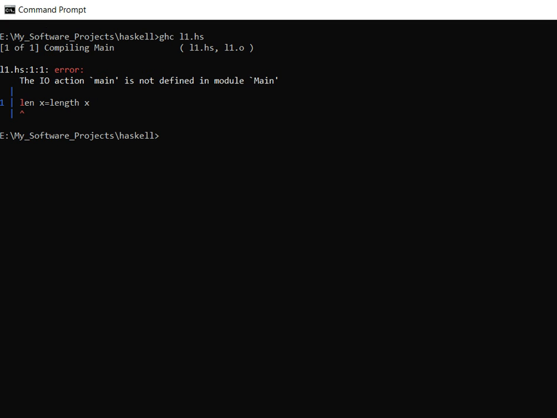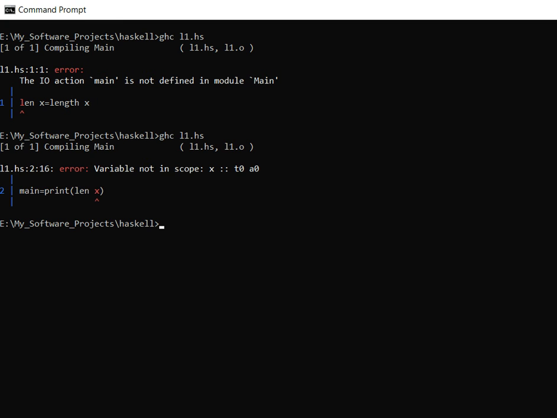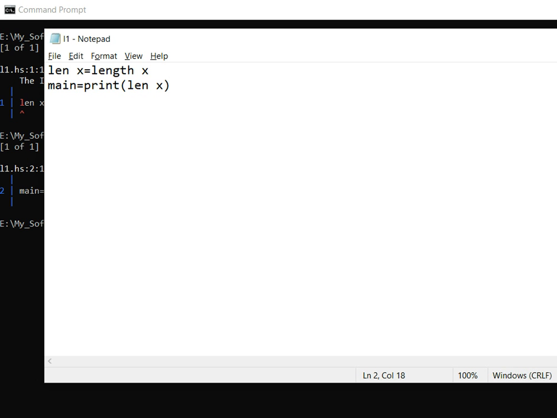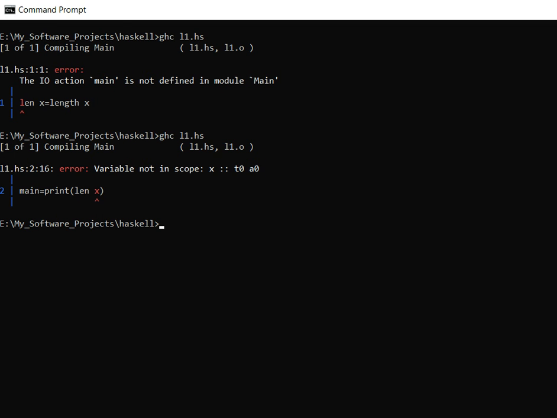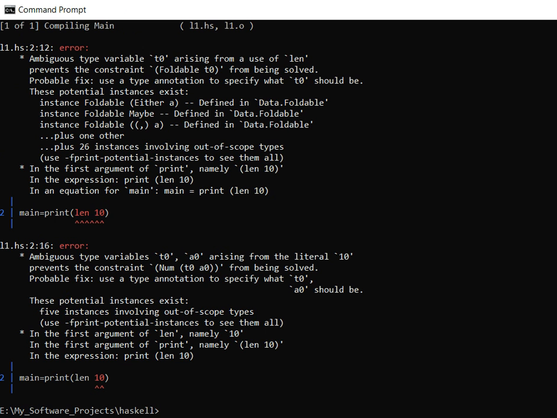Now if you try to compile this with ghc l1.hs, there is one error, x. Our file is not clearly specifying what the meaning of x is here. So if we do it like this, say len of 10, now it will compile successfully. Sorry,